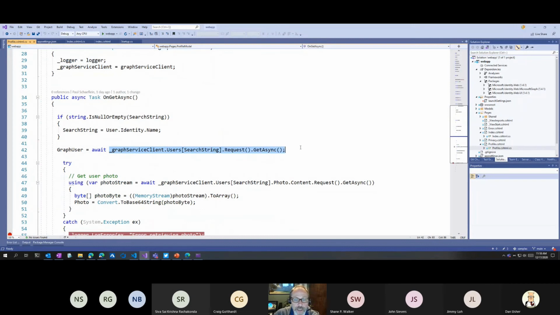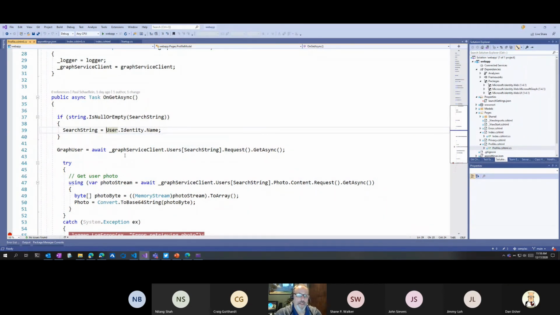And you can see here it's saying, I want whatever the search string is, I'm going to search for those users. And if it's empty, I'm going to choose user identity.name. And this gets us into the ID token versus access token bit. This code right here, this user account, is a System.Security.Claims principal object provided by ASP.NET. This user object is not from Microsoft Graph. It's reading the ID token that was part of the login and giving me basic information.